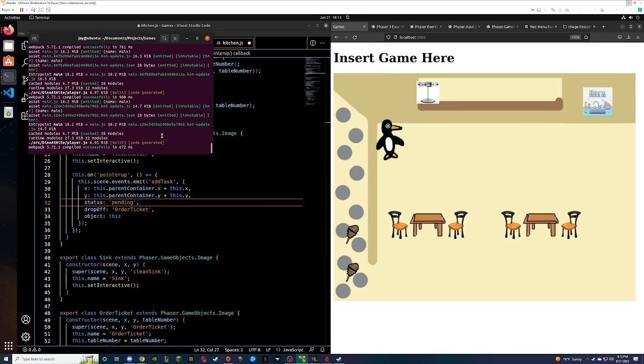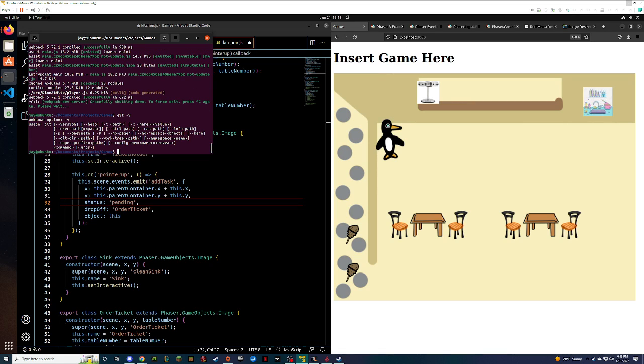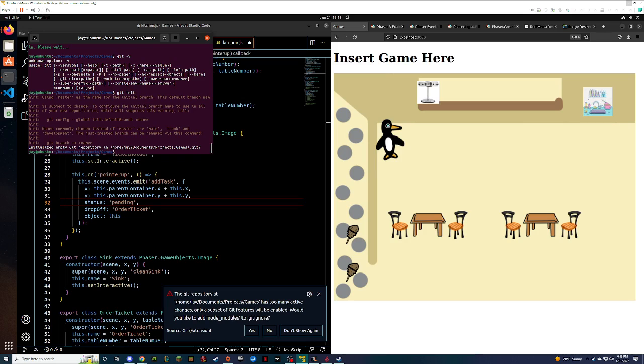We should hook this up to Git, so I have versioning control. Do I have Git on here? Okay, same difference. Is it just Git init? Is that... what?